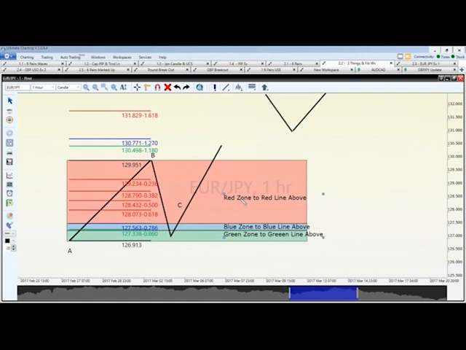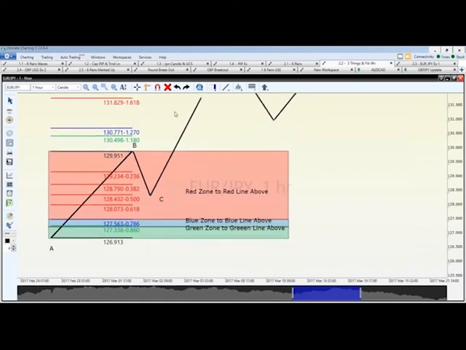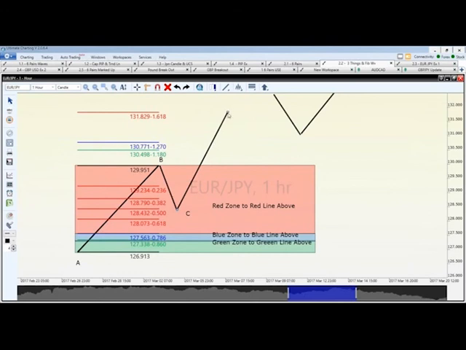Now, on a score of 1 to 100, 100 being, I've got this, I understand this, and 1 being, I don't understand it at all, in the chat box, could you just put in your number of understanding? So basically, what I'm asking for is this retracement. Does everybody understand? If it comes into this red zone and then reverses, we expect it to go to this red line. Does that make sense? That's all I'm talking about. And if it goes down to this blue zone, we expect it to go up to this blue line. And if it goes down to this green line, we expect it to go there. Does everybody see that so far? That's the basics.